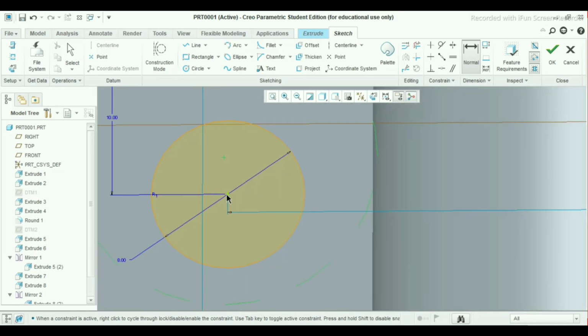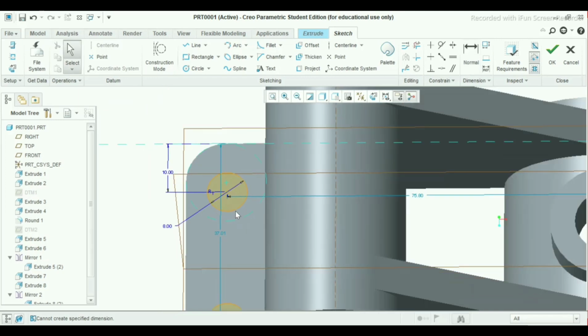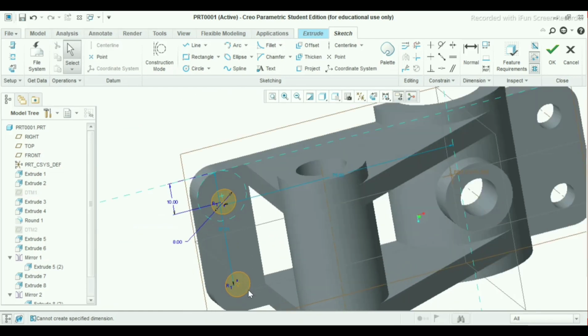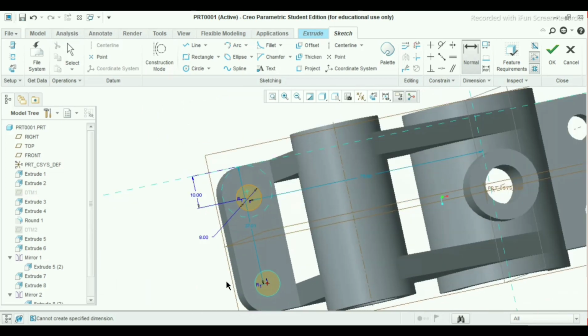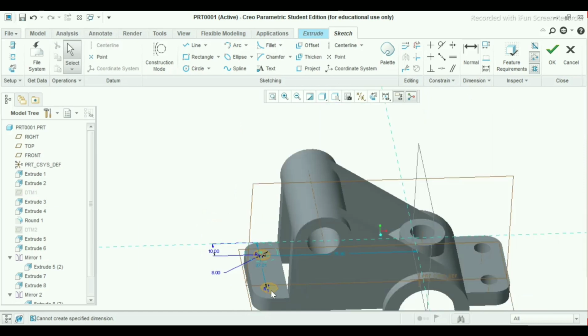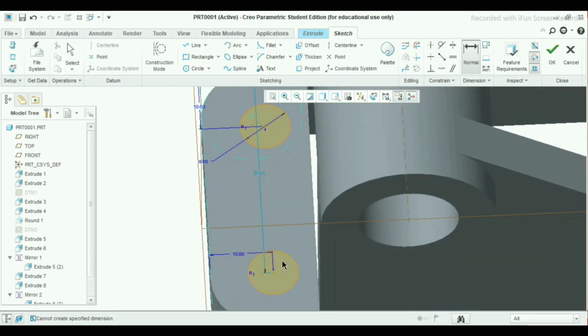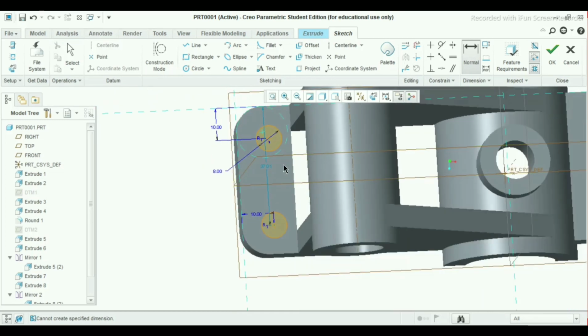Again select this circle point, midpoint, select the edge, or select this circle point, remain as it is, same.